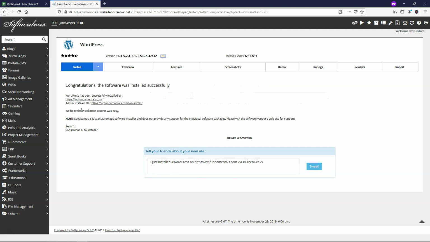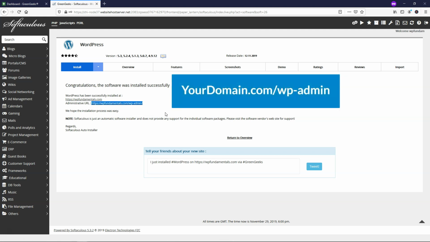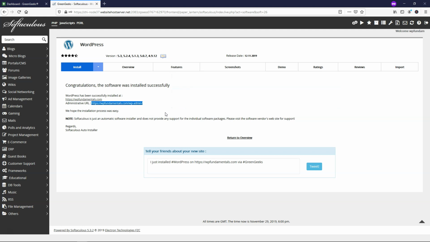So right here it says administrative URL, and each time you go to log in, you're going to need to use the information that it says for administrative URL. So it might say yourdomain.com/wp-admin, and you're going to need to sign in with this wp-admin at the end each time with the information that we just set up for the username and password. If you're having issues with that, I would recommend reaching out to Green Geek support,